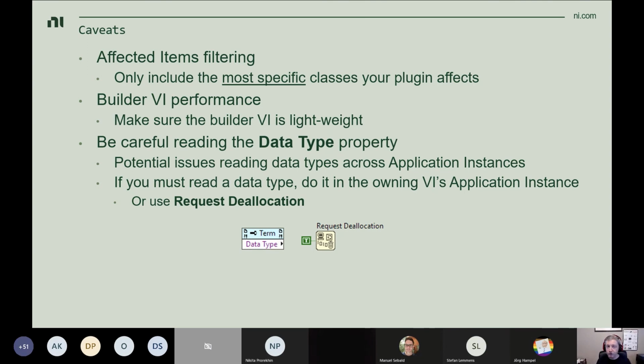That's just the way it is. It's probably the way it's always going to be. So if at all possible, avoid reading the data type property in a builder VI. If you're able to, maybe get a reference to the VI from its original application instance and operate on things there. If you absolutely have to read the data type property, which you'll see if you start browsing through the right-click plugins that ship with LabVIEW, you'll see some of them do,